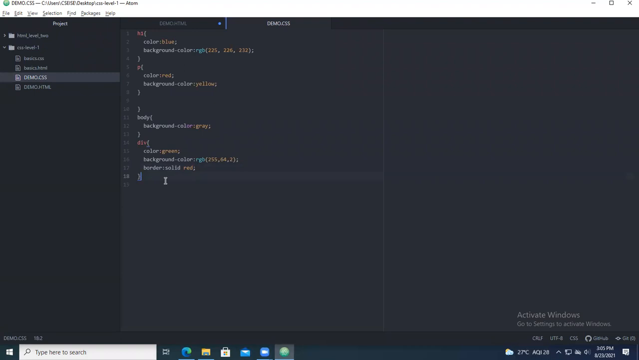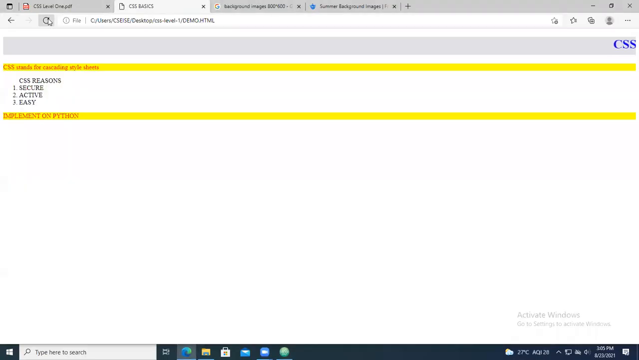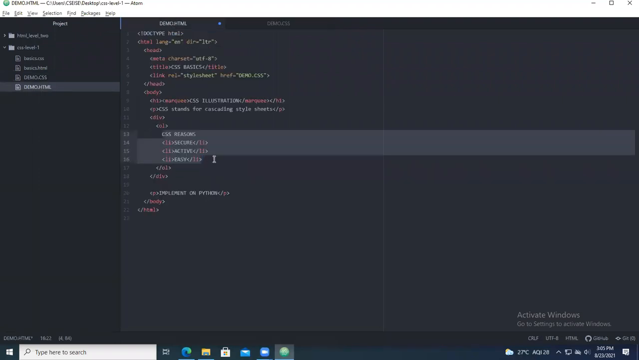Solid red, save the contents, and now you run your particular file. Okay, so everything. So here you can see these are the values that you are getting. So what we have given under the div, you are getting a list of items. So the entire div you are going to have